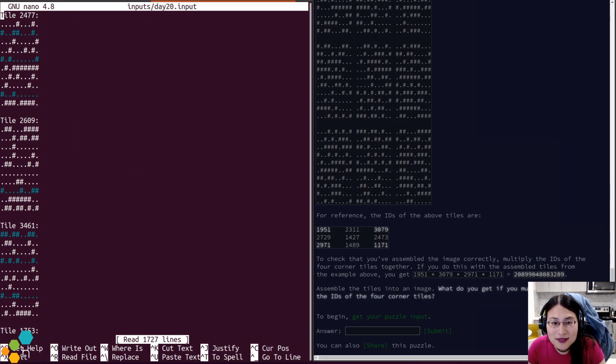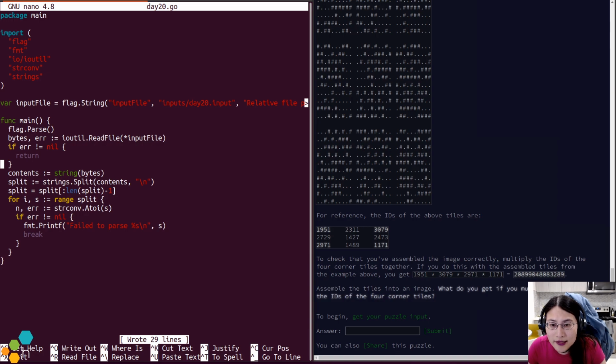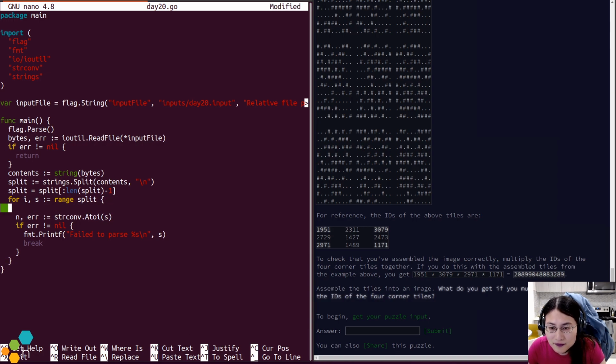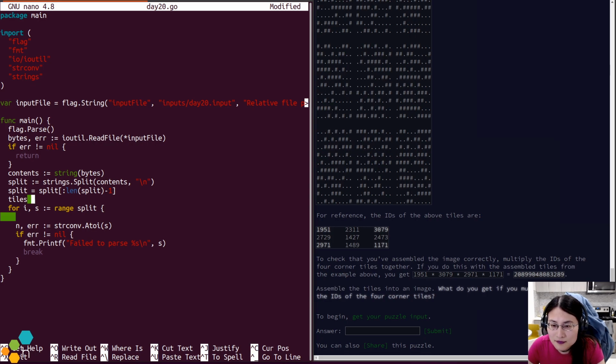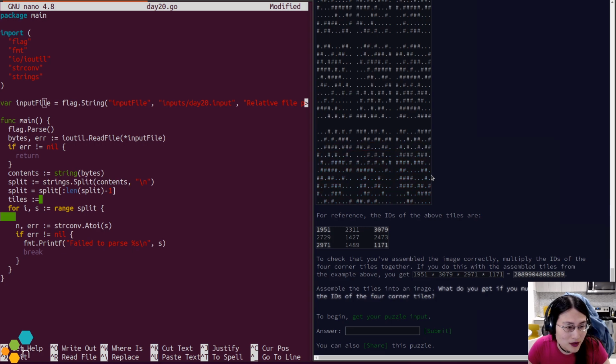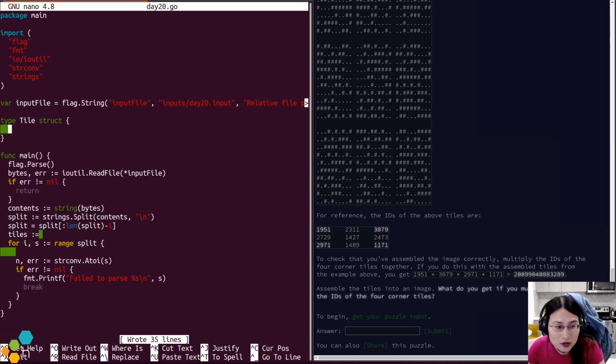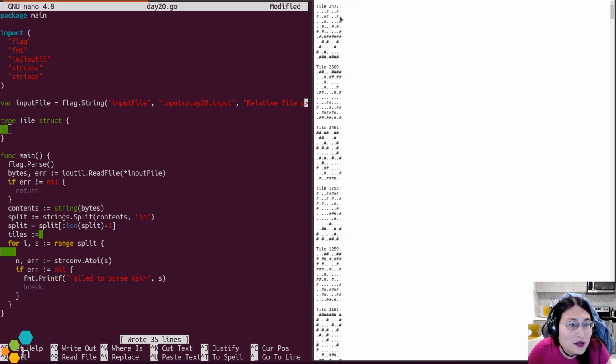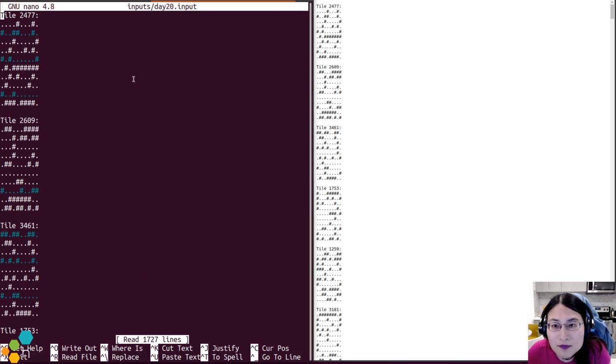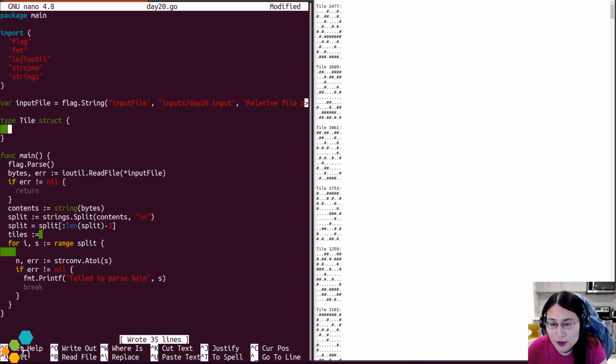The format of this is tile something something. Each tile has some internal detail which we don't really need to care that much about. And specifically, each tile is guaranteed to be 1, 2, 3, 4, 5, 6, 7, 8, 9, 10. Okay, so they're all 10 by 10.